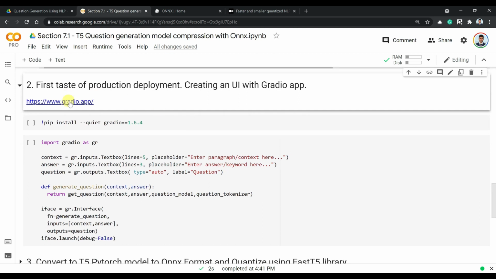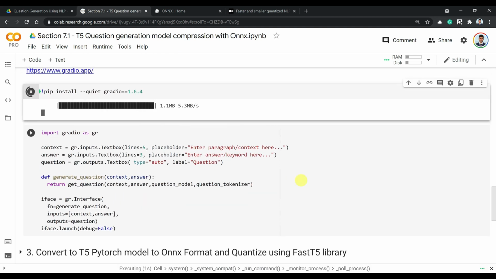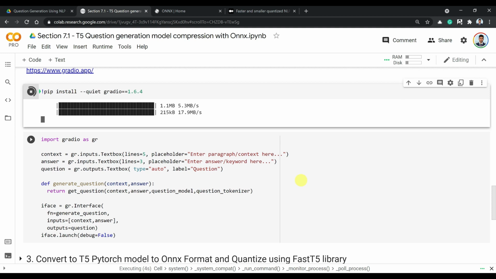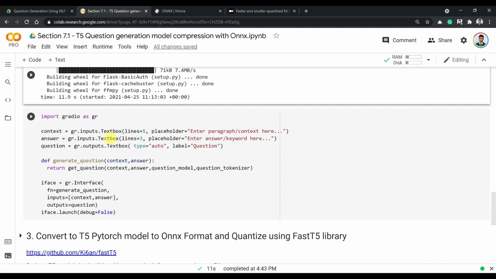Let's move ahead. So here we'll get the first taste of production deployment using the Gradio app. You can read about Gradio more here, but simply put, Gradio provides a very easy to use graphical user interface for anyone to test out our model. So all I am doing here is creating a very simple graphical user interface where we can give in a context and answer and it will generate a question. So I am creating a text box for each of these: context, answer, and also a text box for the output that will be generated by the model.